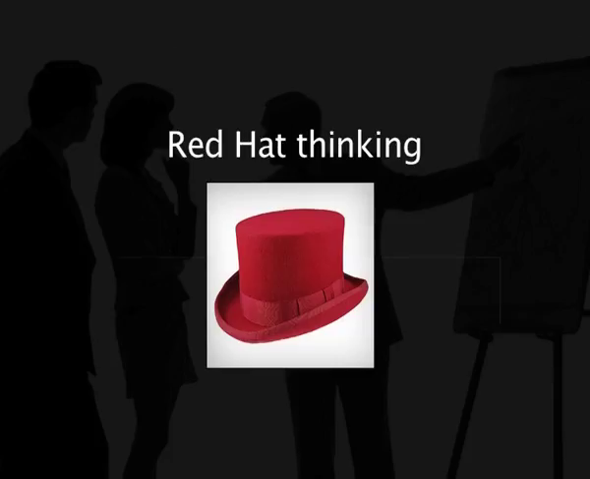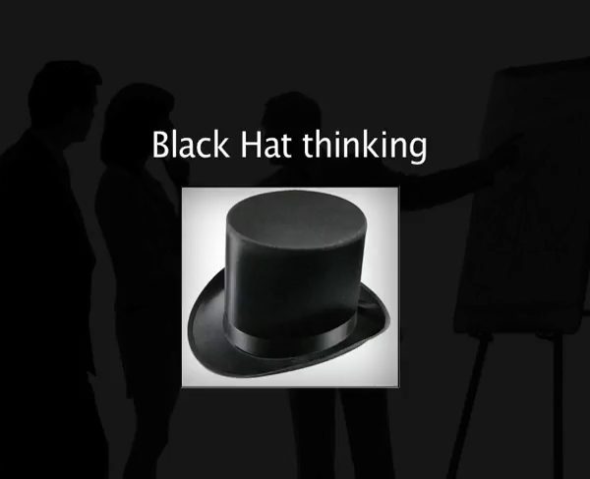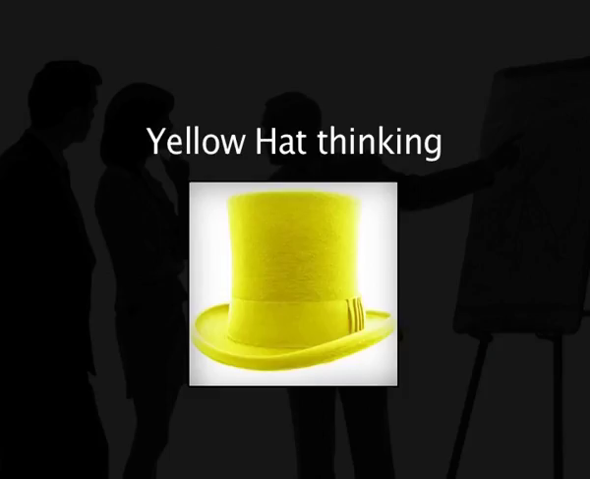Red hat thinking. This thinking covers intuition, feelings and emotions. The red hat allows the thinker to put forward an intuition without any need to justify it. Next is black hat thinking. This is the hat of judgment and caution. It is the most valuable hat. It is not in any case an inferior or negative hat. The black hat must always be logical. Next is